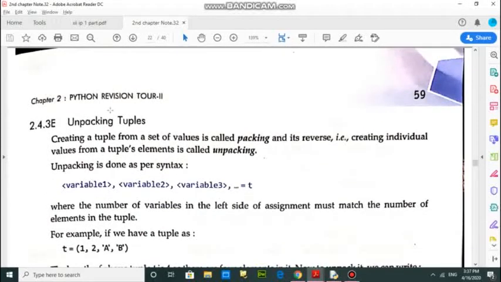And the next topic is unpacking tuples. Unpacking means that if you take any tuple, its content will be arranged into different variables. This process is known as unpacking tuples. For example, here t equals 1, 2, a and b.